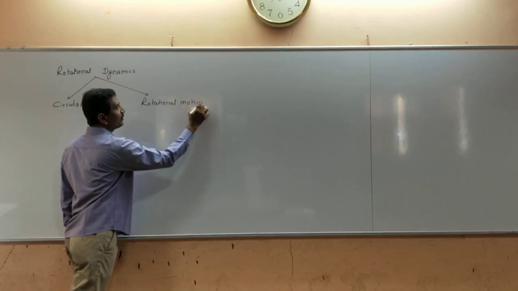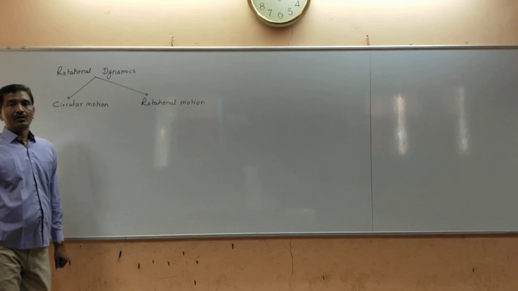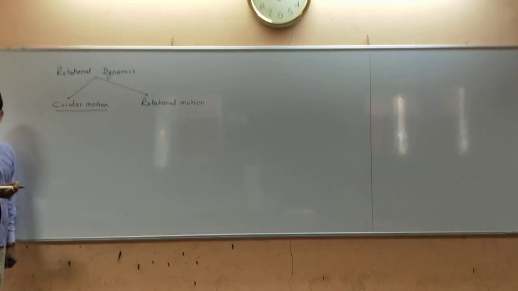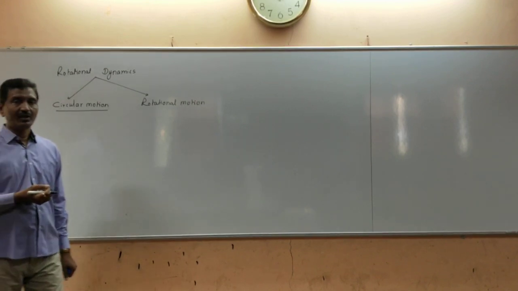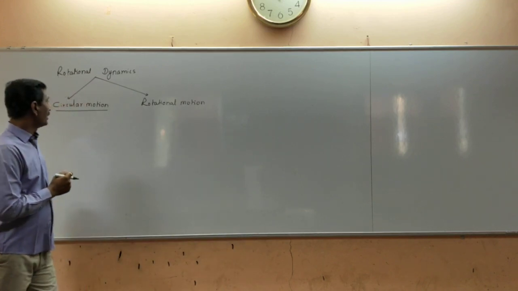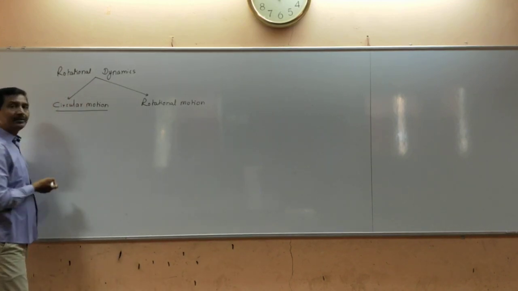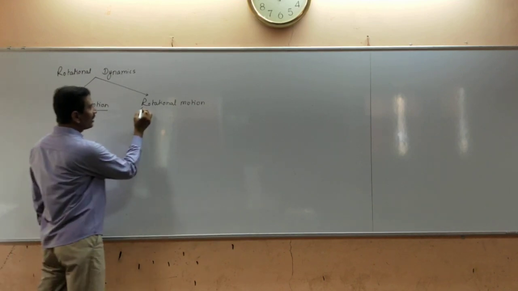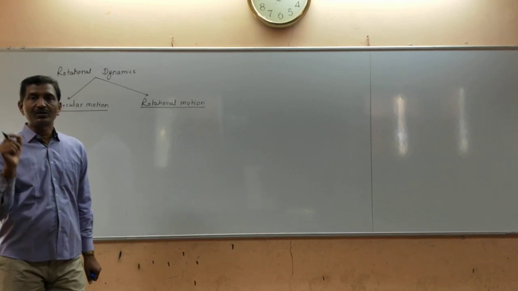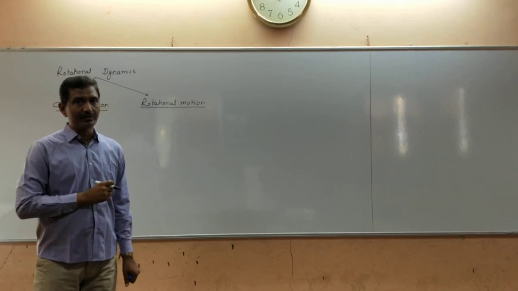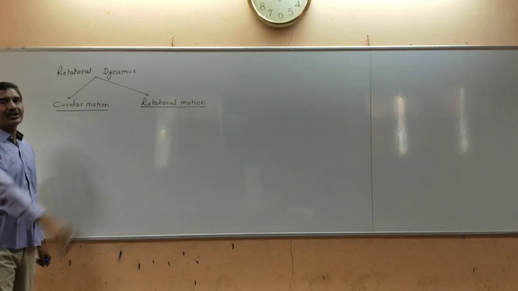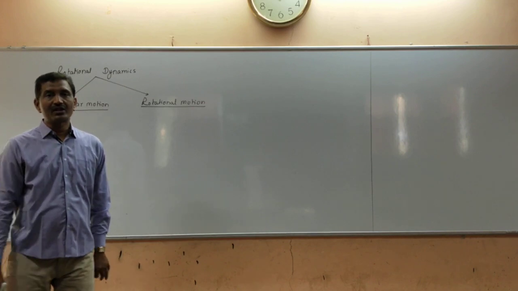Circular motion means what? Motion of the particle along the circumference of a circle is called the circular motion. For example, Earth revolves around the Sun, so the motion of the Earth is an example of circular motion. Rotational motion means what? The motion of the particle about a fixed line is called the rotational motion. But first, we focus on the circular motion, and then in the second section we consider the rotational motion.